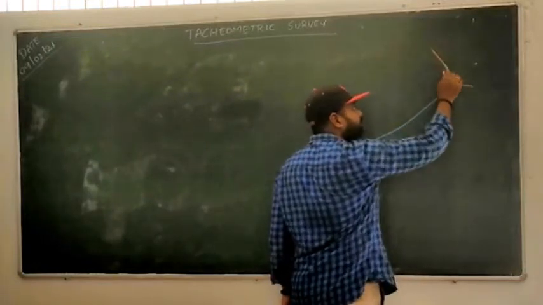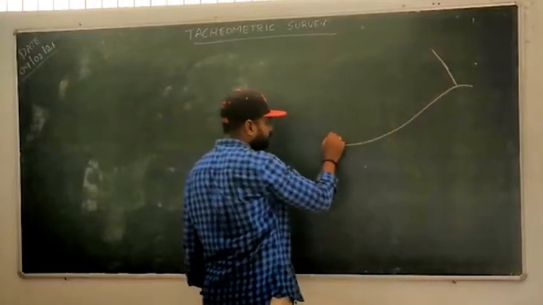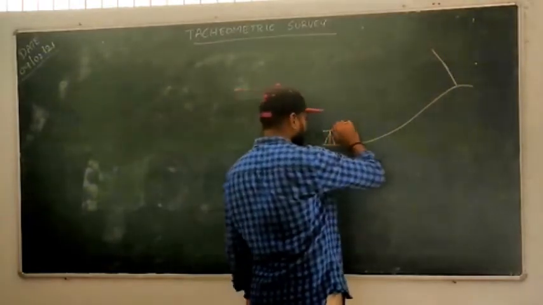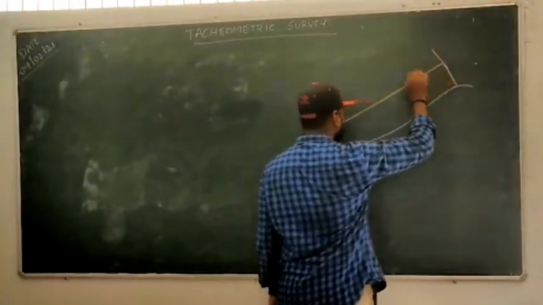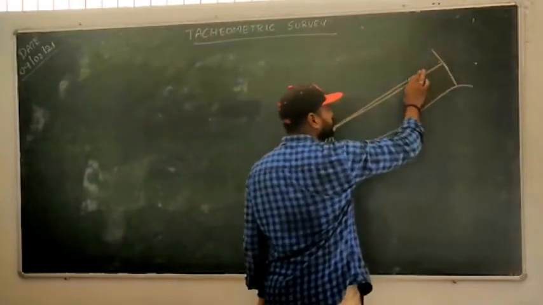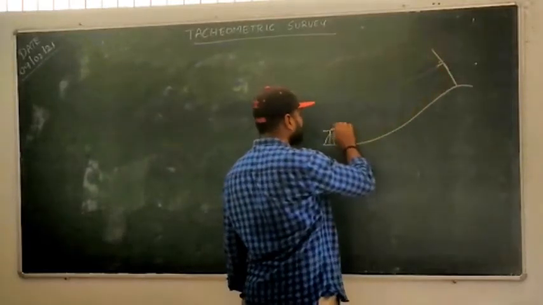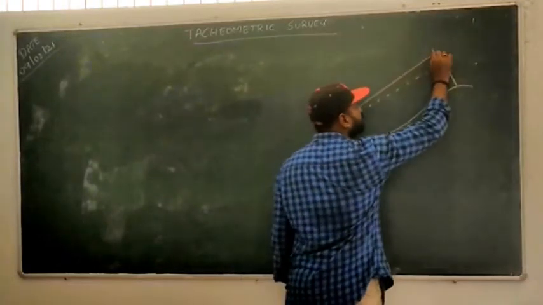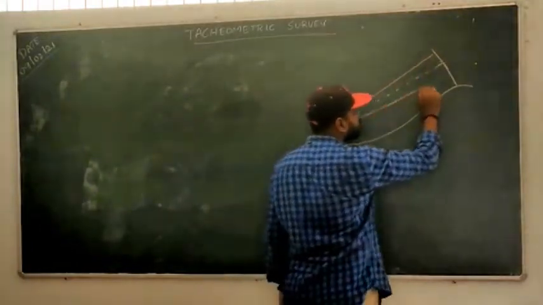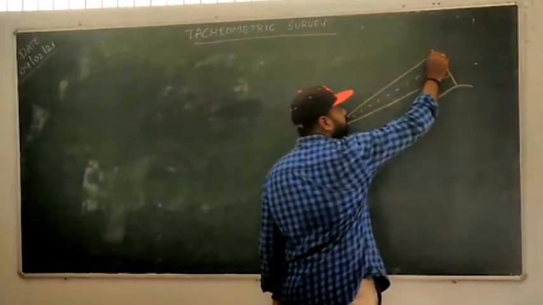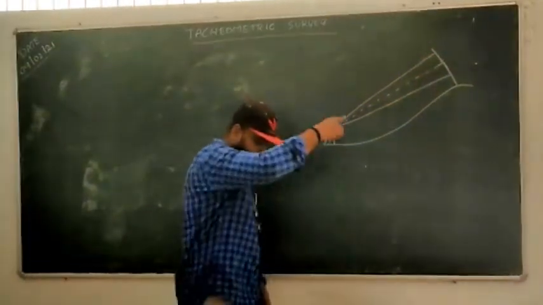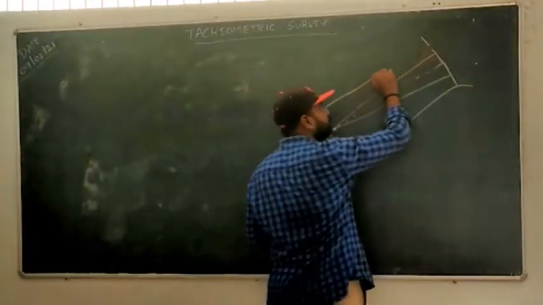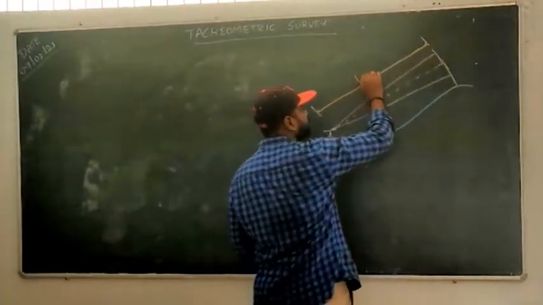So this is the leveling staff, we keep it like this, normal to the sight. This is, say, your theodolite, and here we have the vision like this. This dotted line indicates the line of sight, and here you have the top vane and the bottom vane. And if you see the inclined length of the line of sight, you will get this length directly. Say this is your L.